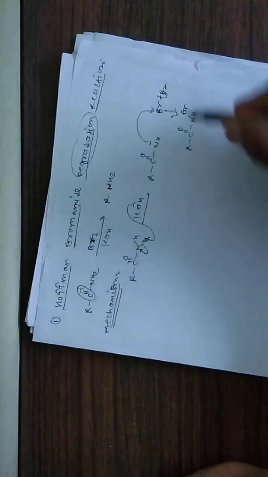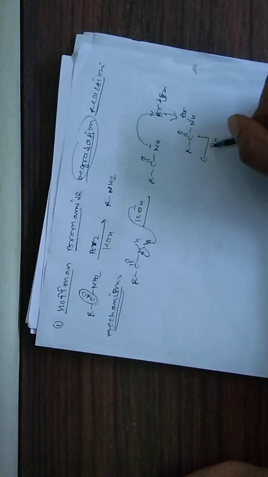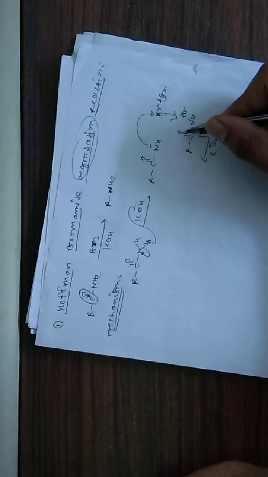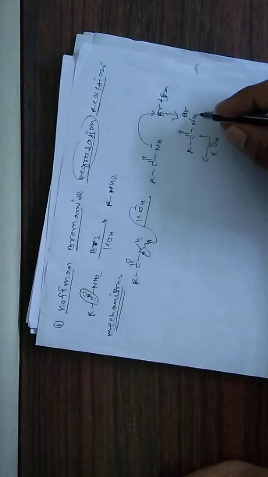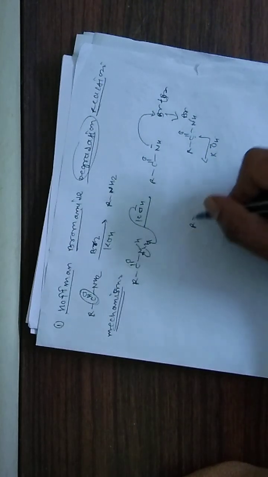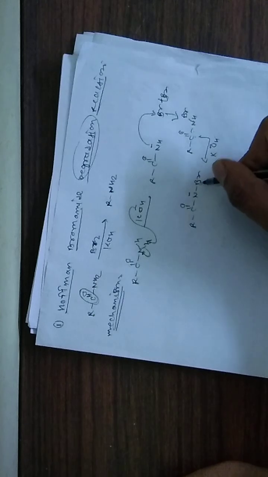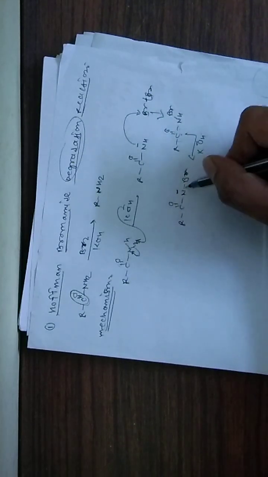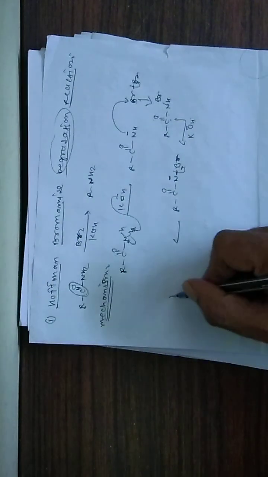Now the next step: this proton becomes again more acidic. How does it become more acidic? Because this is an electron withdrawing group, this is also an electron withdrawing group, and this is also an electron withdrawing group. So it becomes more acidic. The base will again take that proton, and what will form is RC double bond O N minus Br. Now, with the negative charge here, the bromine will leave. So what will be formed?